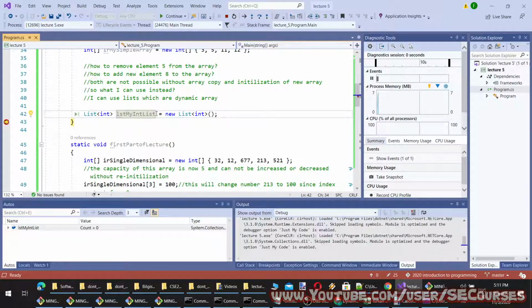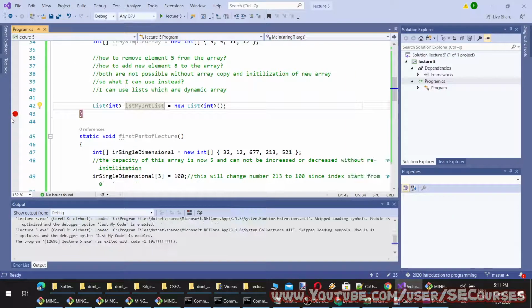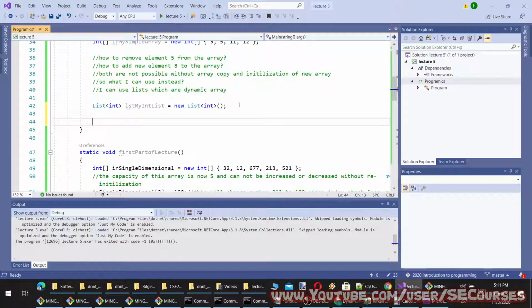Okay, this is a single dimensional list. And by the way, with a list there is no dimension. It can be a list of lists. I'm going to take a pause.